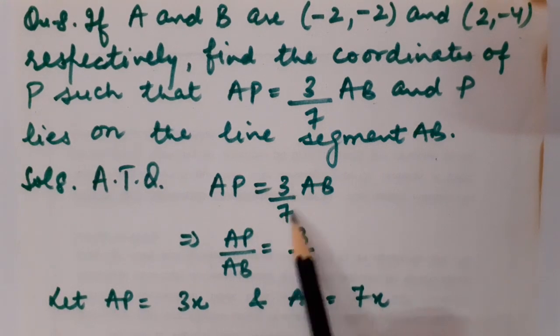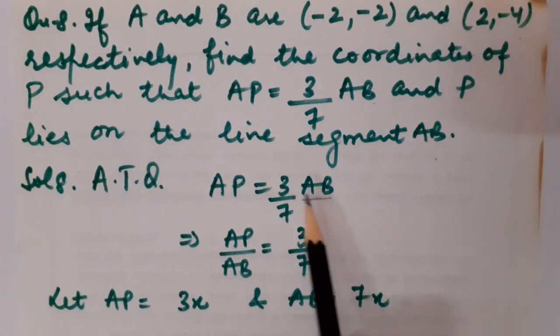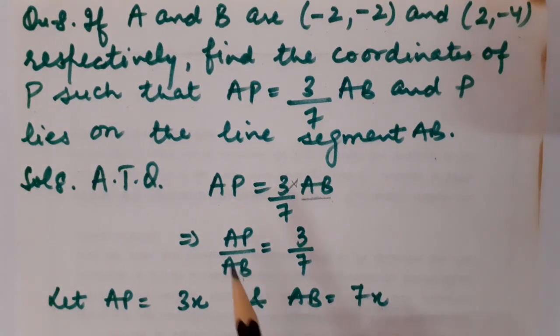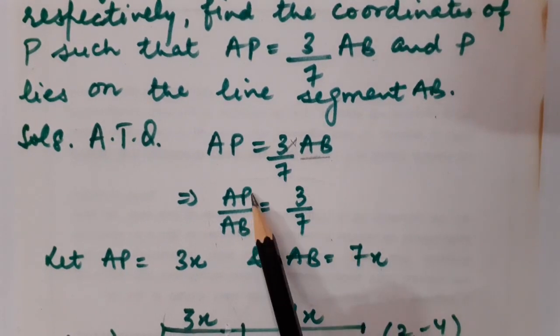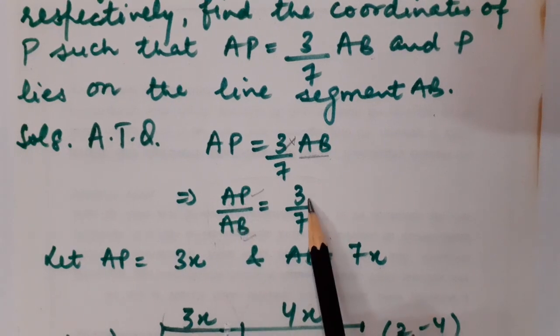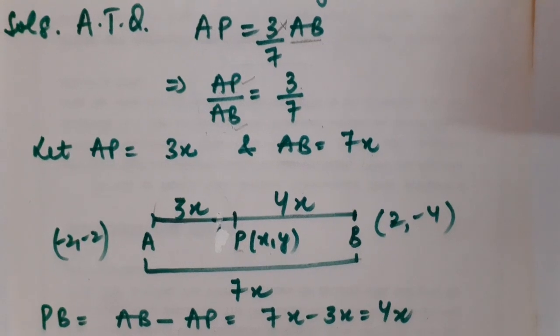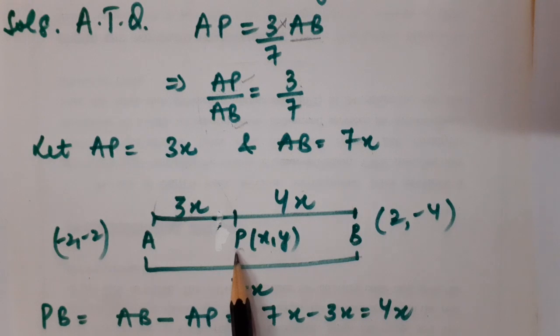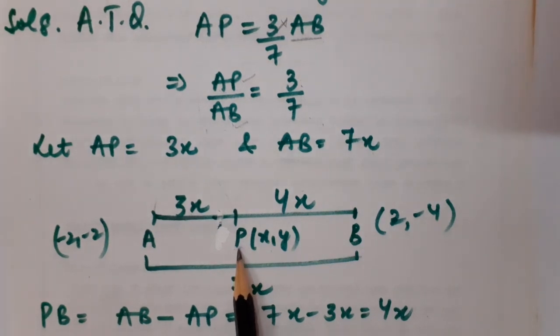AP is equal to 3 upon 7 AB. So this AB is multiplying with 3 upon 7. It is coming on left hand side, so it must be divided. So I have got AP upon AB is equal to 3 upon 7. So children, as it is the ratio given, so definitely I have to take some variable along with it so that I can calculate the value of AP as well as AB. So let AP is equal to 3x and AB is equal to 7x. Fine. Now children, I am just going, because you know that through section formula, basically we are capable to calculate the coordinates of the point of division.